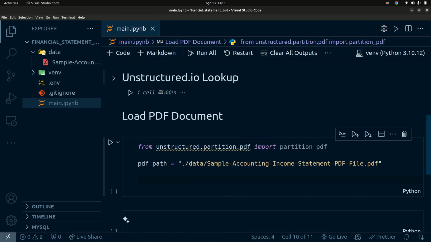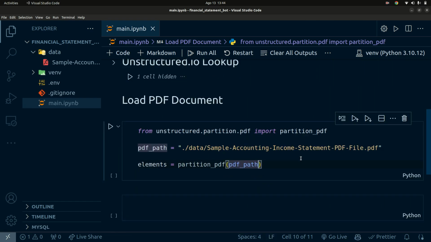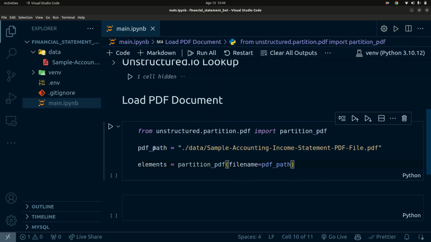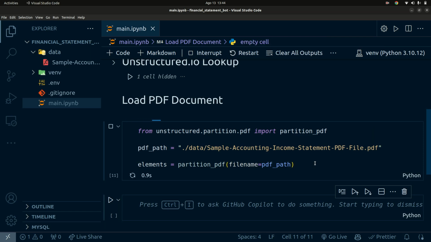Okay, so once I have this, I'm also going to say elements, which are the different elements inside our document. I'm going to say partition_pdf and then pass in the PDF file right there. Once we have passed in the path to that file, you can also simply say filename, just like this, and then pass in the file name, which is this file name right here. Then we can run this cell by pressing Shift and Enter on your keyboard. That's going to run this cell, and it's going to extract